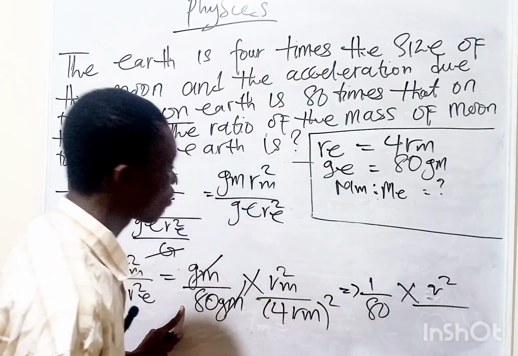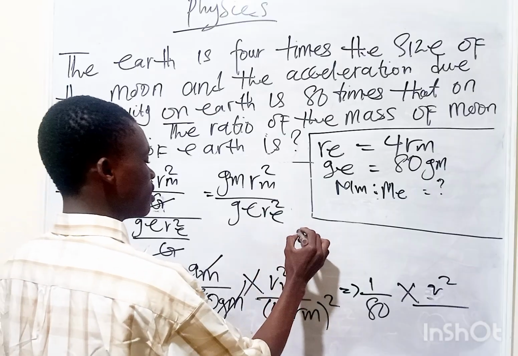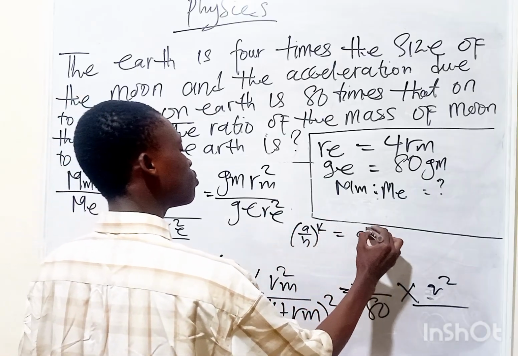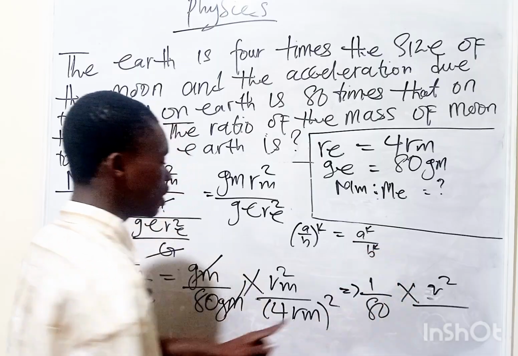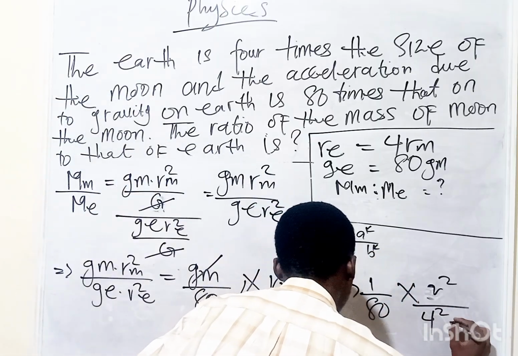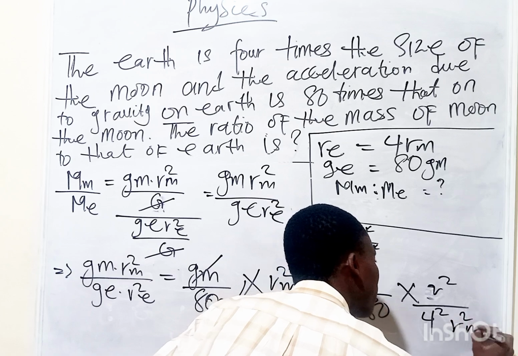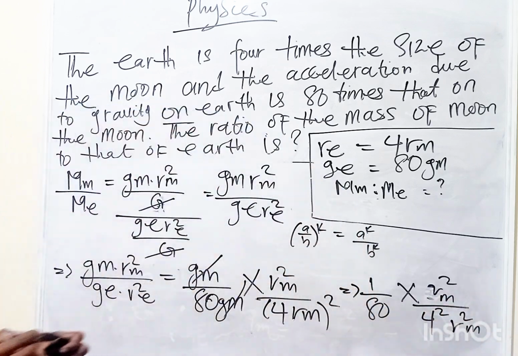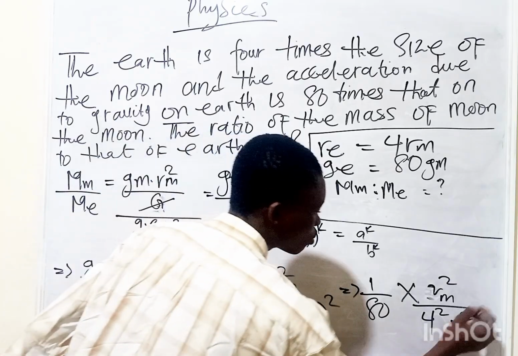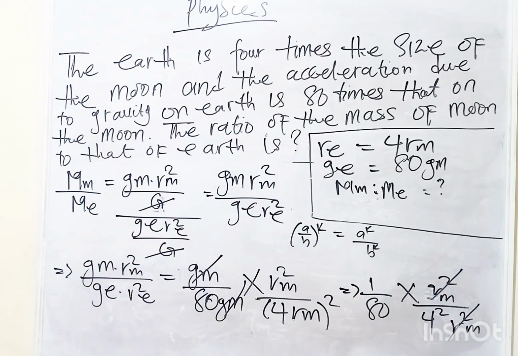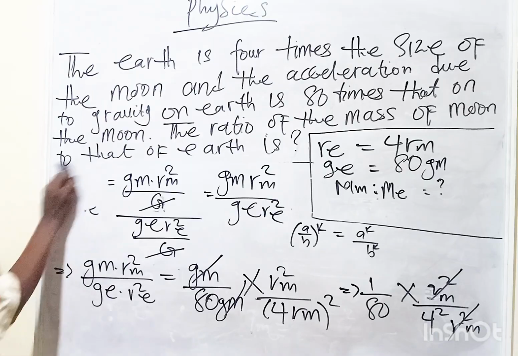Now, from indices, we say that if we have a all over b, all to power k, this equals a to power k all over b to power k. So these two will be distributed. So this is 4 squared and r_m squared. So what happens? This one here can cancel out this one. And from here, we know that